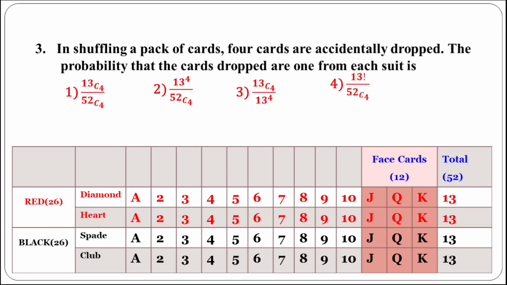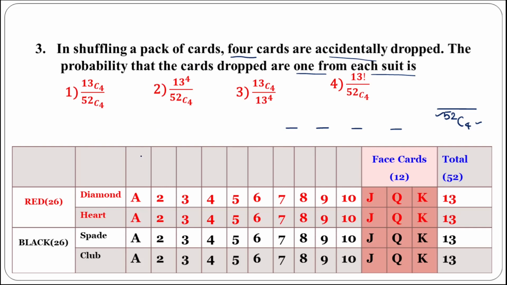And the third one, okay, in shuffling a pack of cards, 4 cards are accidentally dropped. You can see 4 cards are dropped, and the probability that the cards dropped are 1 from each suit. See, you are dropping 4 cards. So the total ways of selection of 4 cards is nothing but 52C4, because there are 52 cards and you have to select 4 cards. And you are given what? You need to find the probability that out of the 4 cards, you will have one